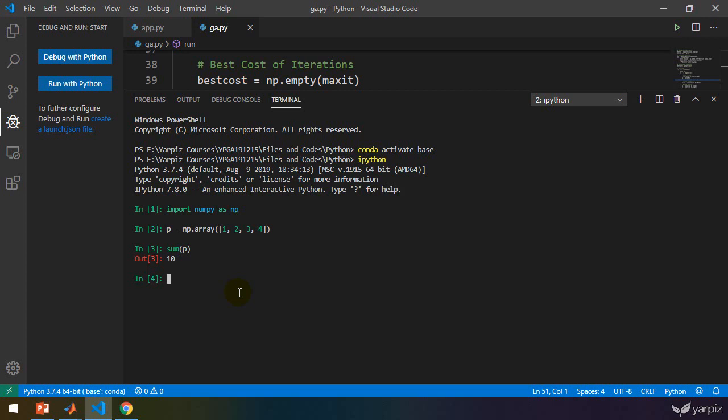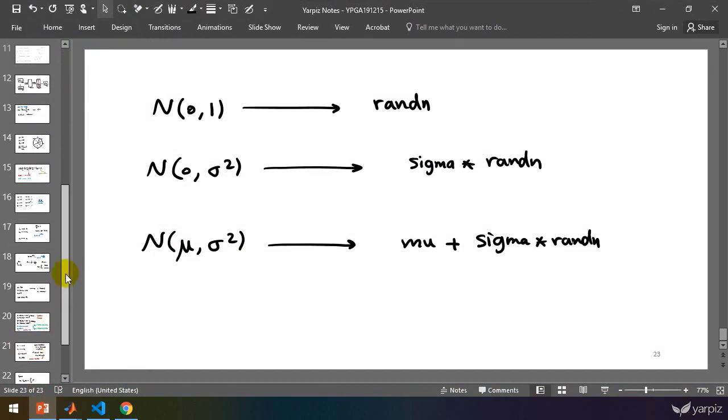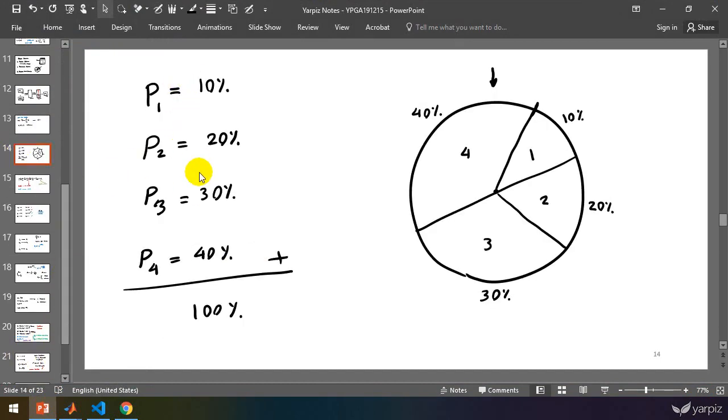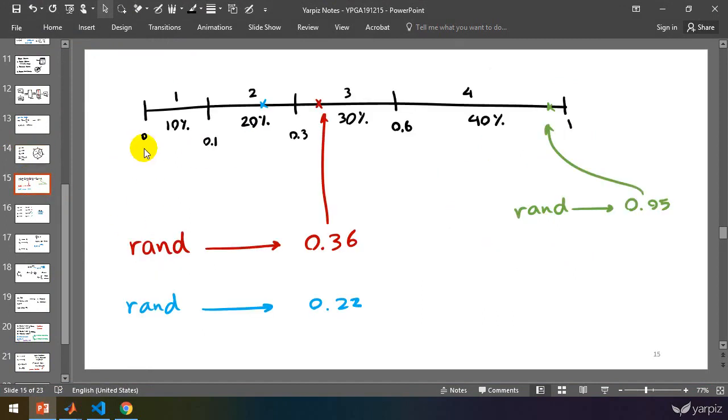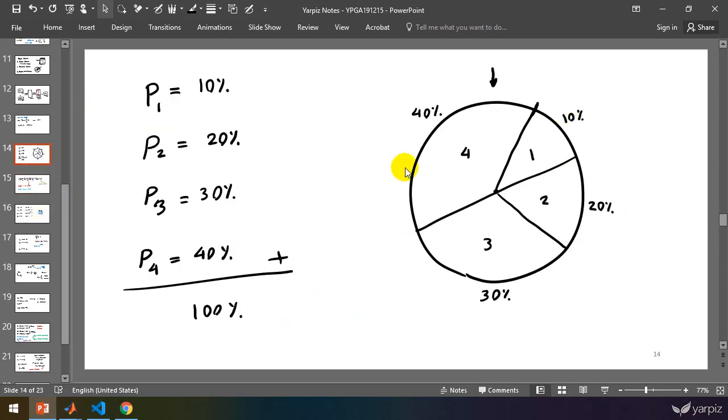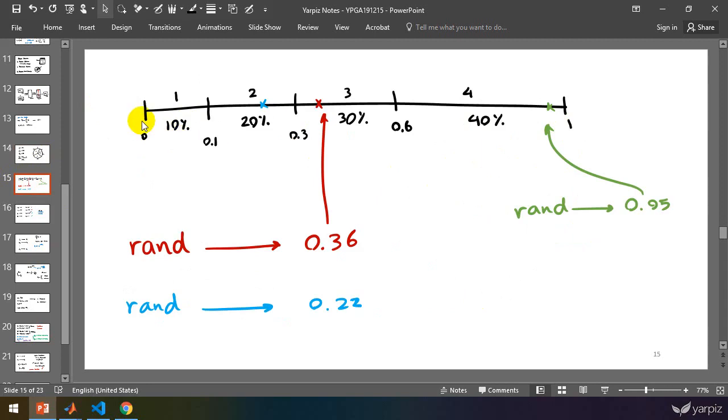Okay, I'm going to create a random number, and compare that random number to the cumulative sum of p. We've done this before for MATLAB, and we reviewed the roulette wheel selection, and we converted the rotation of this circle, which is divided by the probabilities defined by p, into a linear form. You see that we opened the perimeter of this circle and created this line from 0 to 1, and these cutting points, these boundaries of areas 1, 2, 3, and 4, are denoted by numbers. And you see that these numbers,